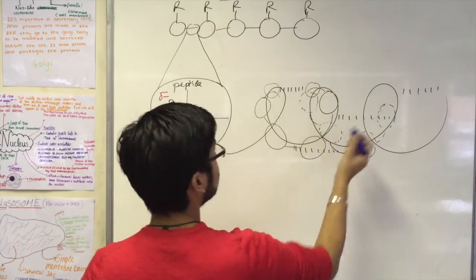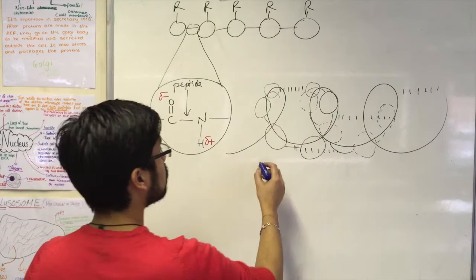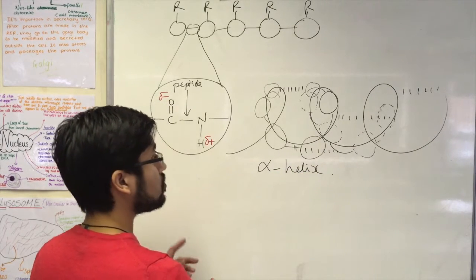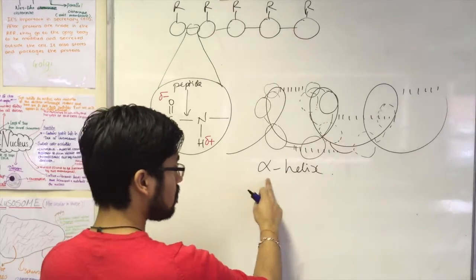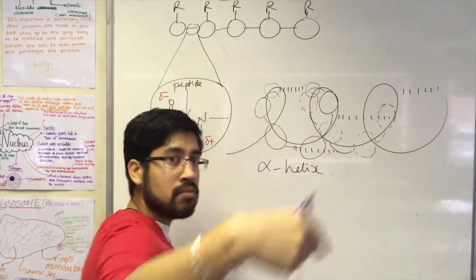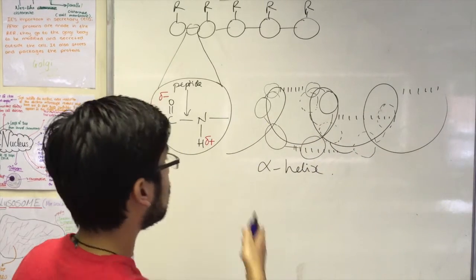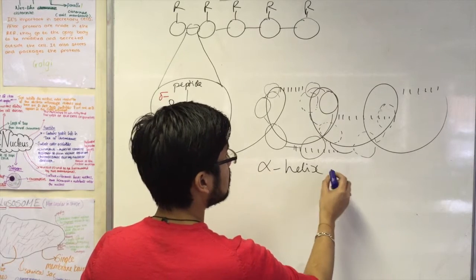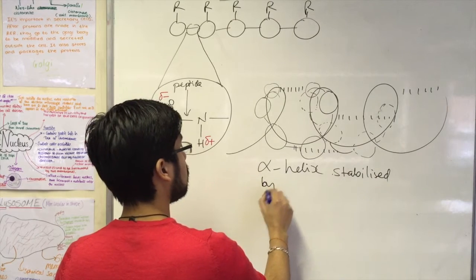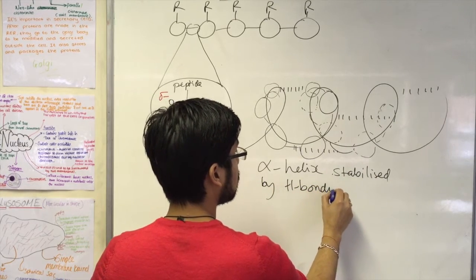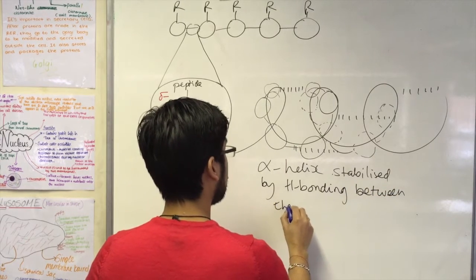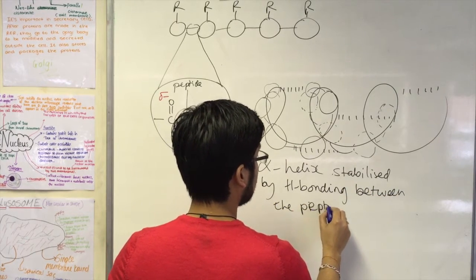Okay? And this is one type of secondary structure called an alpha helix. Okay? Because of the direction in which it's turning, the alpha bit, and the helix because it's forming a helical shape. Alright, so the alpha helix is stabilized by hydrogen bonding, importantly, between the atoms of the peptide